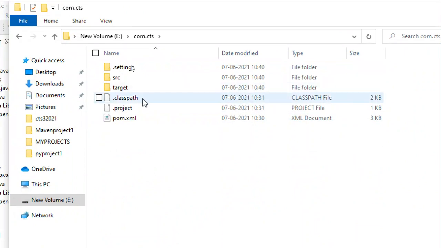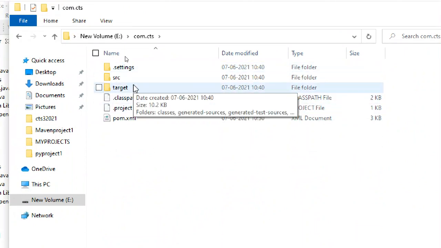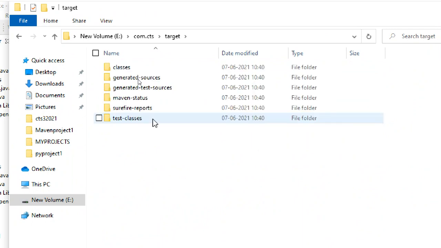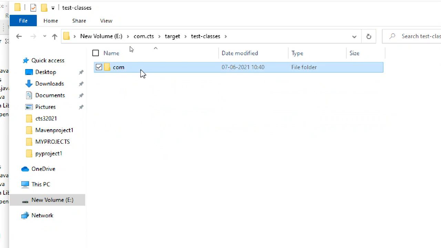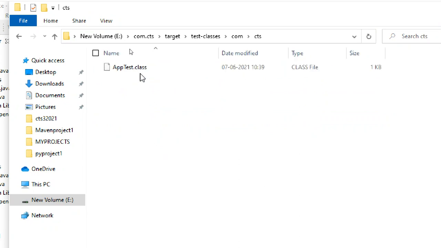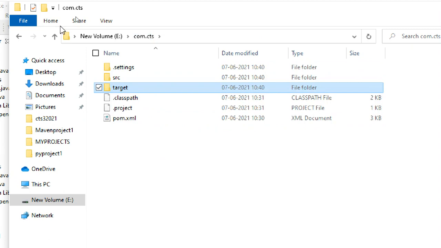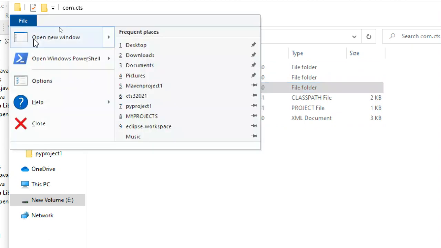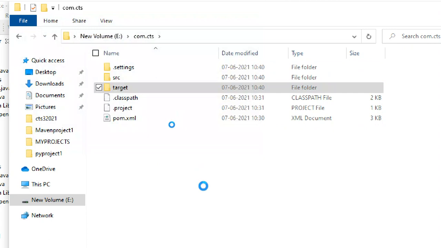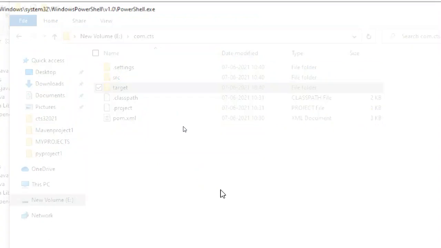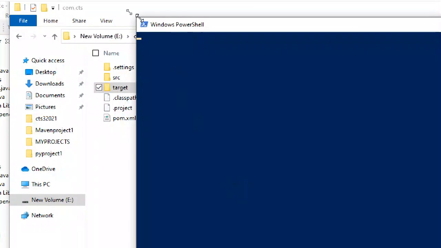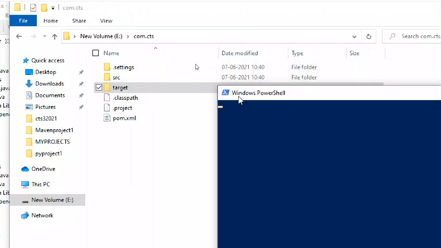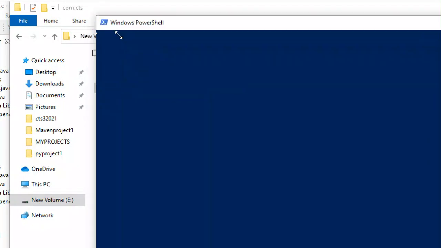You can see target folder, classpath, project, and all, because we did testing kind of stuff there. So these are all folders under target. These are cleared out one by one, and it will create again based on your command. Last class I already told you how to install Maven and all, so I'm not going to show you again.